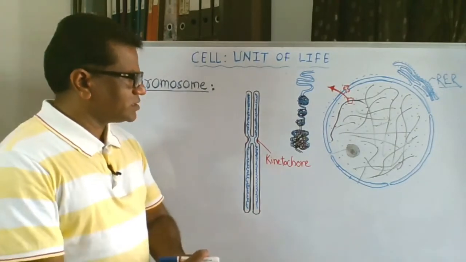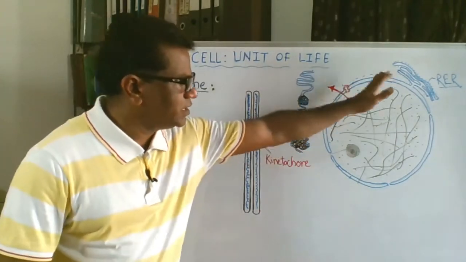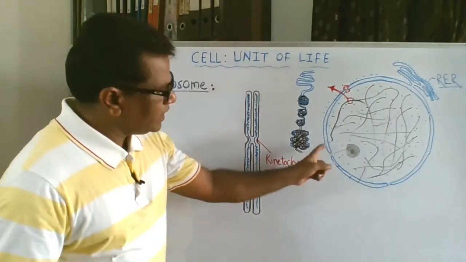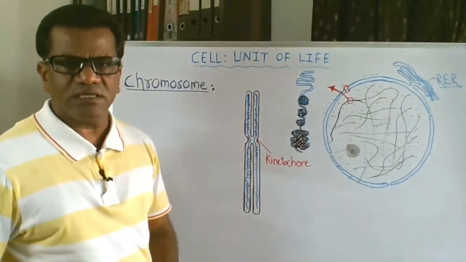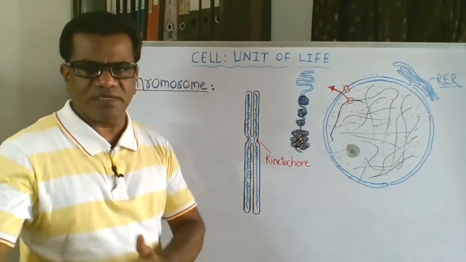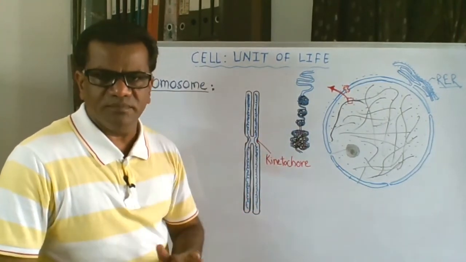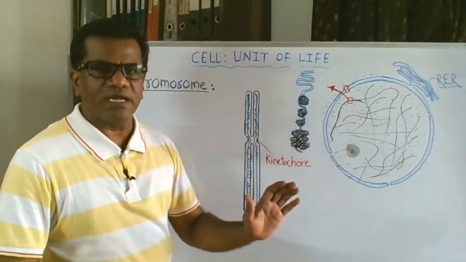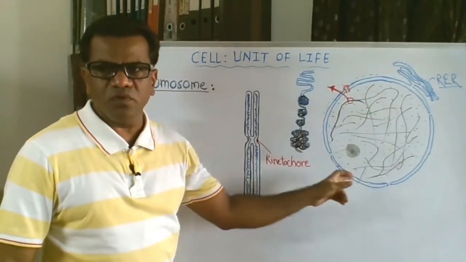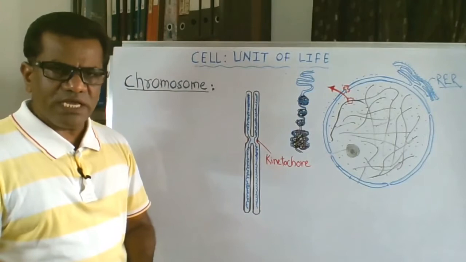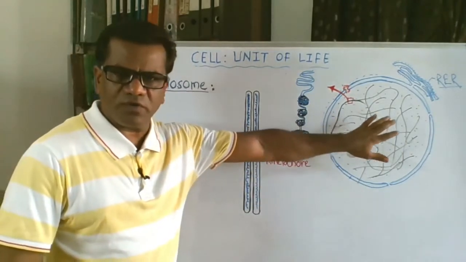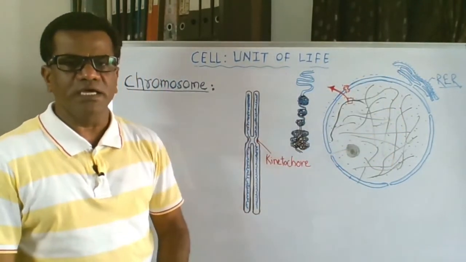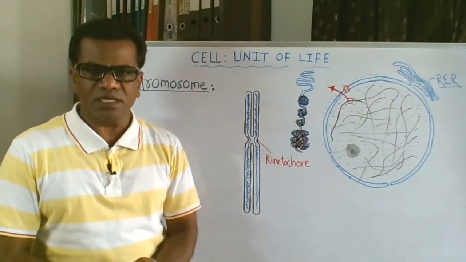Now, as we have discussed earlier in our previous video, inside the nucleus chromatin material is present. The intact nucleus is seen in the interphase of the cell cycle, when the cell is not in dividing phase. When the cell is not dividing, at that time we see a nucleus like this. Now, this nucleus contains inside it a network of chromatin material. This chromatin is formed by DNA and the histone proteins.